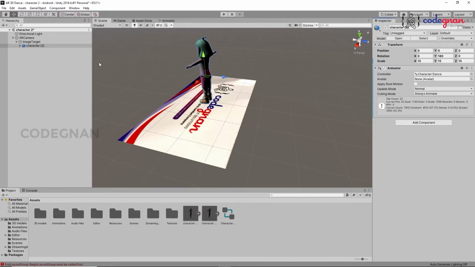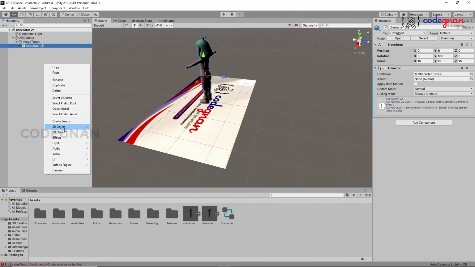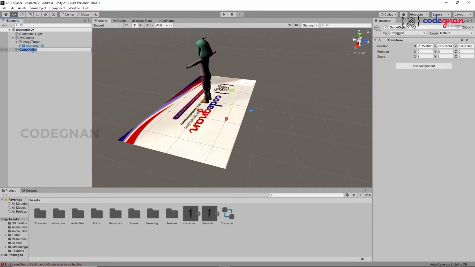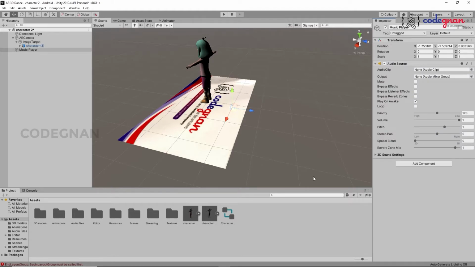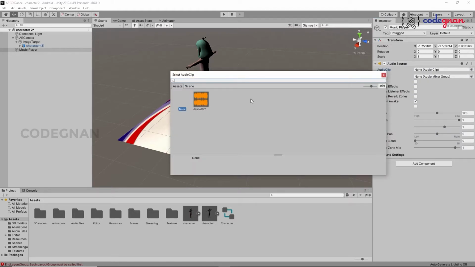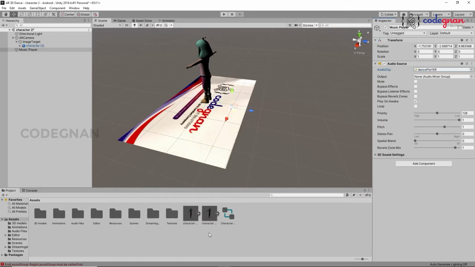After that I'm going to add a music player, right? So right click on the hierarchy window, click on create empty. After creating the empty object, name it music player. The same features we gave to the first 3D model character should be given to this one as well. So I'm going to give the audio source to this music player game object. It contains an audio source. So I'm going to add this, and I have to add an audio clip. The same song I'm going to play on all of these 3D models.